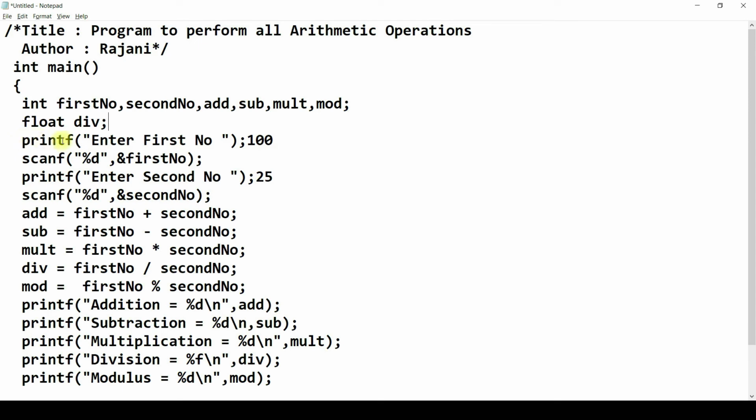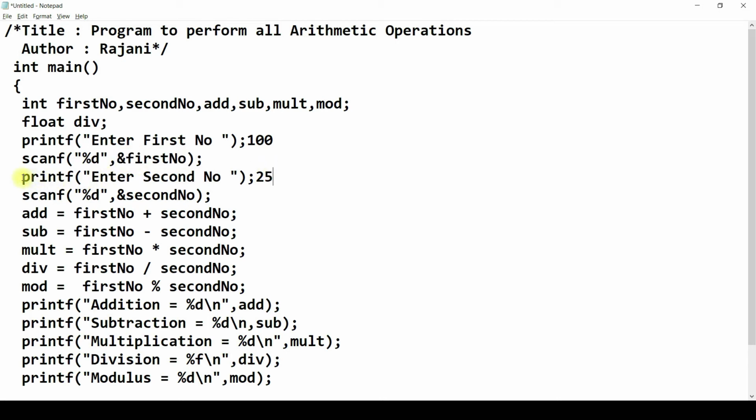Now, this statement will ask the user to enter first number. Let's assume we gave the number 100. Then scanf will read this as an integer and it will store it at the memory address allocated for the first number. What is the memory address we assumed for the first number? 2001. So, the value 100 will be stored at the memory address 2001.